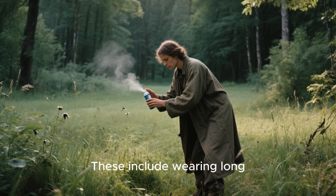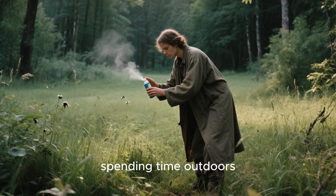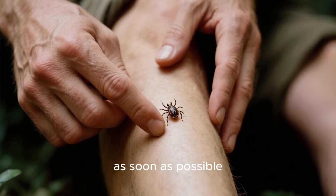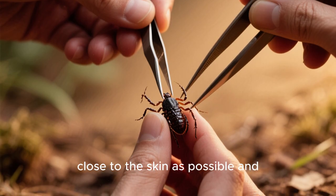These include wearing long clothing when in grassy or wooded areas, using insect repellent, and checking for ticks after spending time outdoors. If you do find a tick on your body, it's important to remove it as soon as possible. This can be done using tweezers by grasping the tick as close to the skin as possible and pulling upward